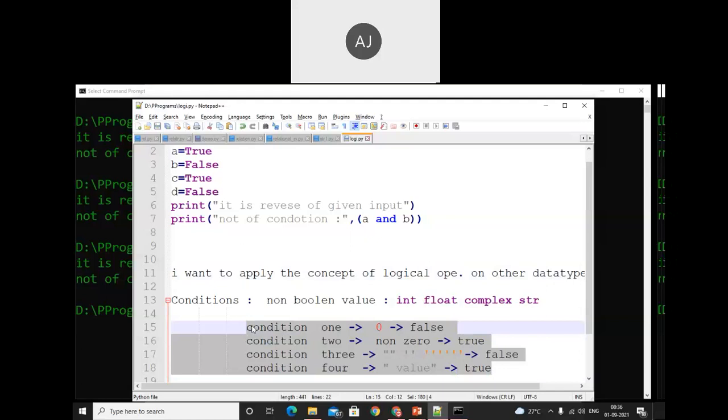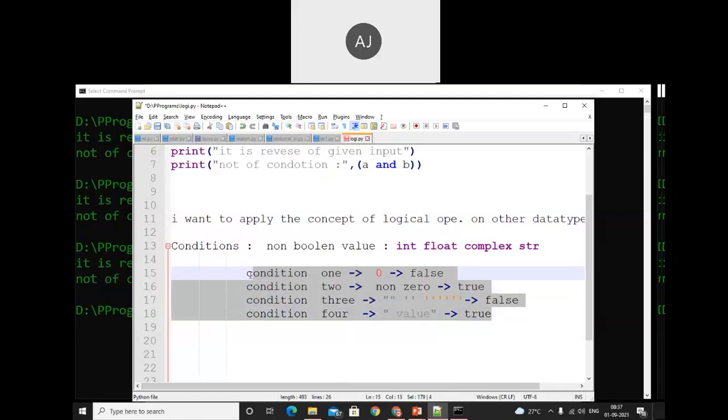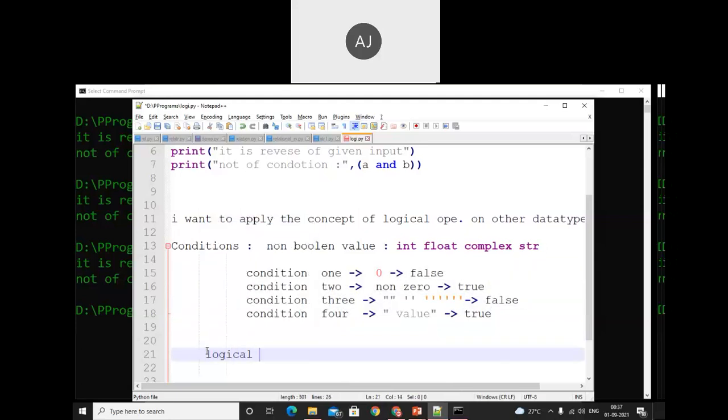Okay, so let's do it one by one. Before that, I just want to say, for example, we need to apply these rules on logical AND and logical OR. So here I'm using logical AND, and here we'll specify the condition. So I have that condition. Let's discuss that, and before that, we'll perform some operations.